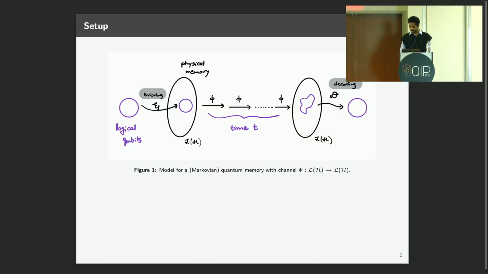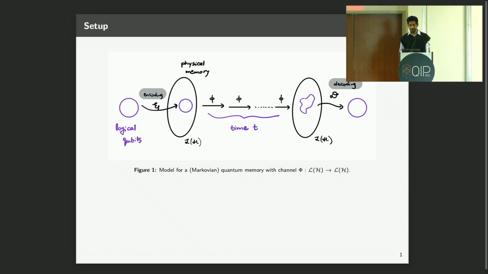Anyways, so we will look at this physical memory device. We have some kind of an open quantum memory which we want to use to store data, logical information. This memory is experiencing some noise in time, which we assume is going to be Markovian. We model this by some kind of a discrete Markov semigroup, which is basically just a channel, and we just apply it over and over and over again, and the number of times it's applied is our parameter